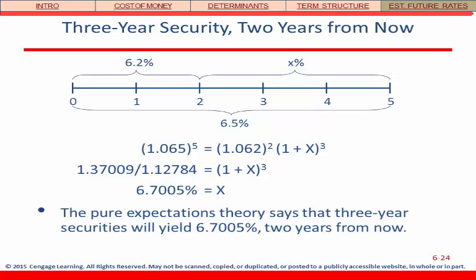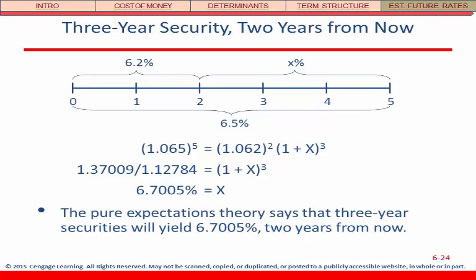And so in this case, if you think about a 3-year security 2 years from now, you're really talking about 5 total years, right? So you use the 5-year interest rate number, and that was 6.5%. So you're going to put 1.065, for 1 plus 6.5%, raised to the 5th power. It's going to equal